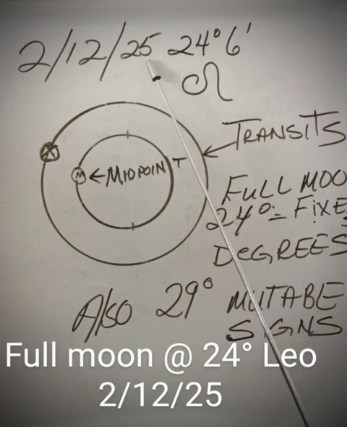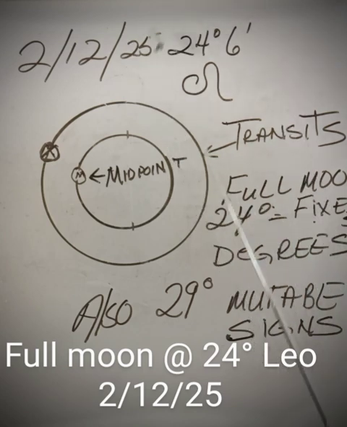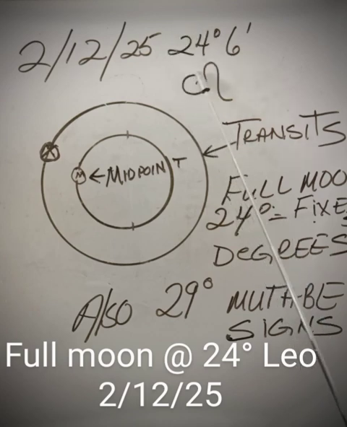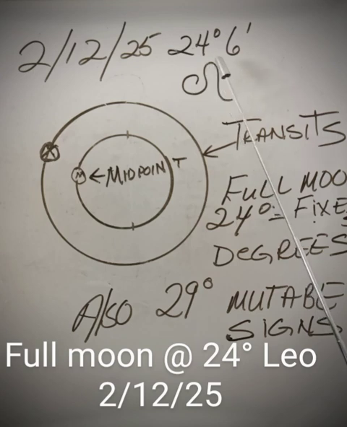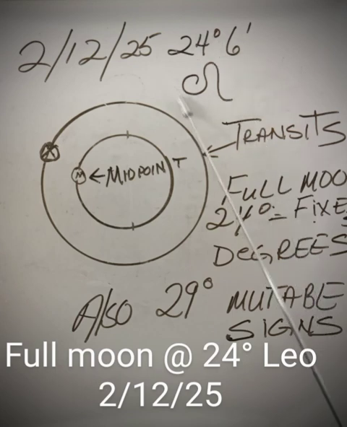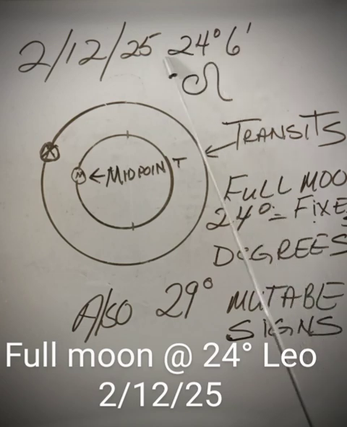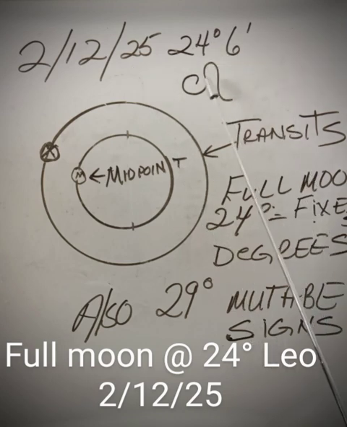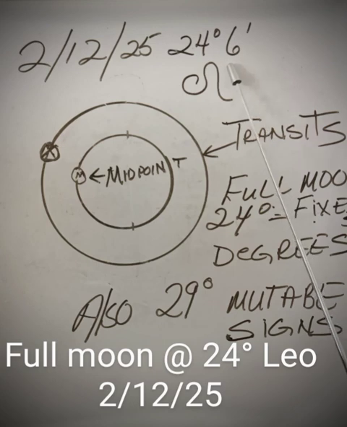or anything at 23, 22, 21 of fixed signs, make a note, and you can use this as the start of your lunar documentation planner, and look at the events and record the events. If you have anything at these 6 degrees that I'm mentioning, including the 24 fixed signs, this is where we'll start. Now, we're going to use another one, and that may be the next example,